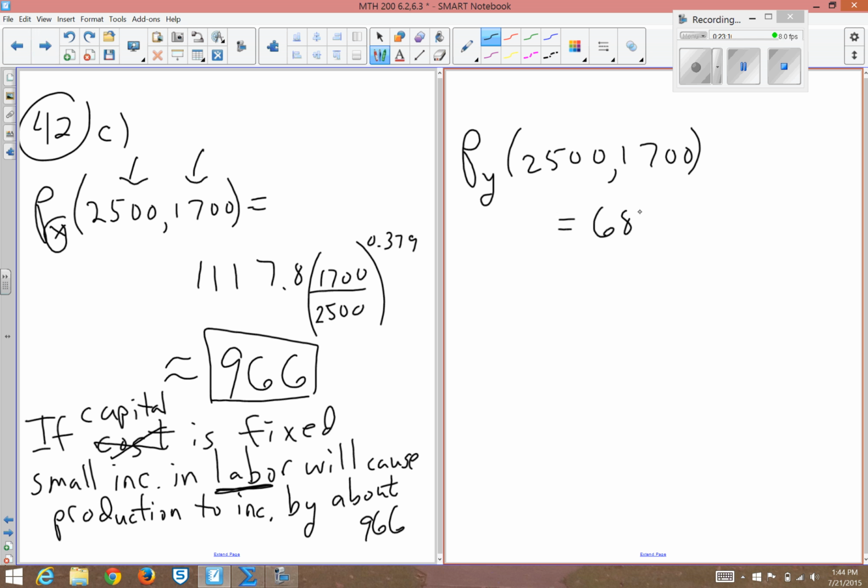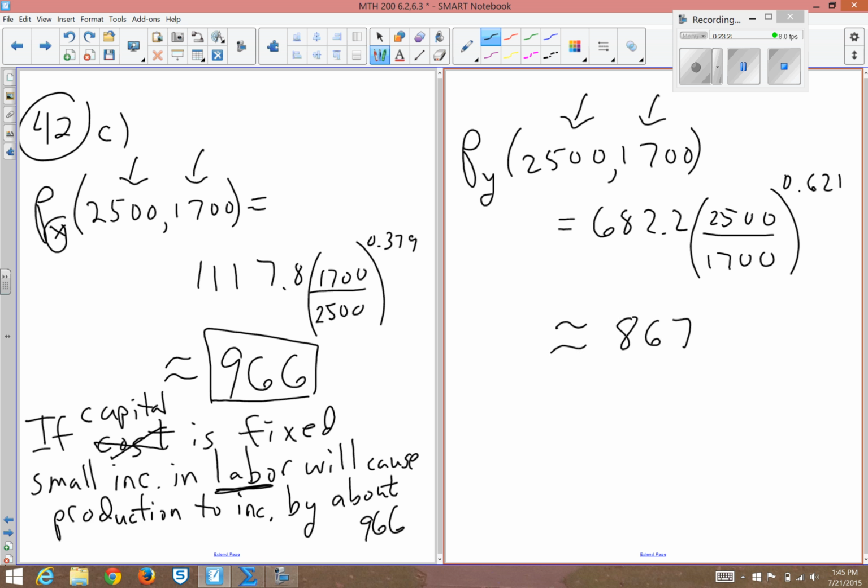That was 682.2 times X over Y. That's X, 2,500, over Y, that's Y, raised to the 0.621. So get that number, comes out to be about 867. The meaning of this is, since this is with respect to Y, the X was treated as a constant. So we'll say if labor is fixed, or constant,